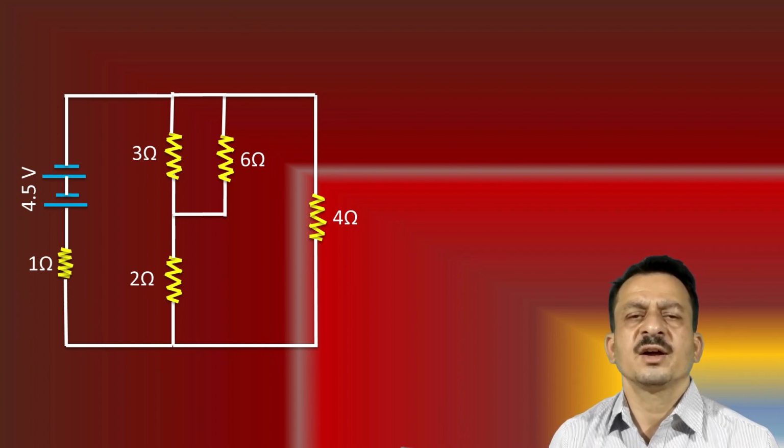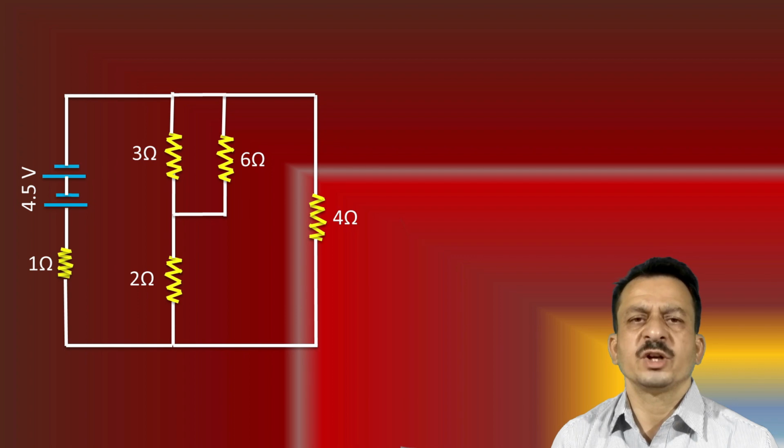Now the current through the 2 ohm resistor that enters is 0.75, and at the next junction we have two resistors, 3 and 6. Therefore the branch current has to be divided in the inverse ratio of the resistors. 3 ohm resistor and 6 ohm resistor, their ratio is 1:2. Therefore current should be in the inverse ratio, 2:1. Now the current entering from the 2 ohm resistor is 0.75. Therefore 0.5 passes through the 3 ohm resistor and 0.25 passes through the 6 ohm resistor.